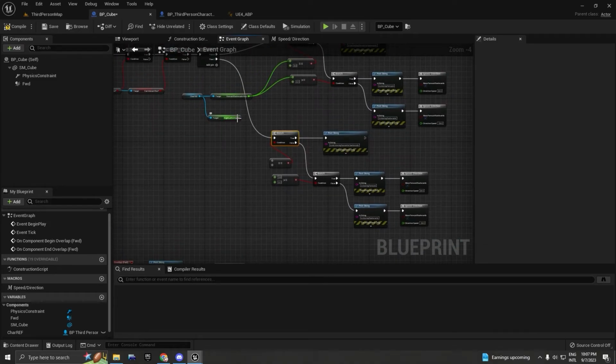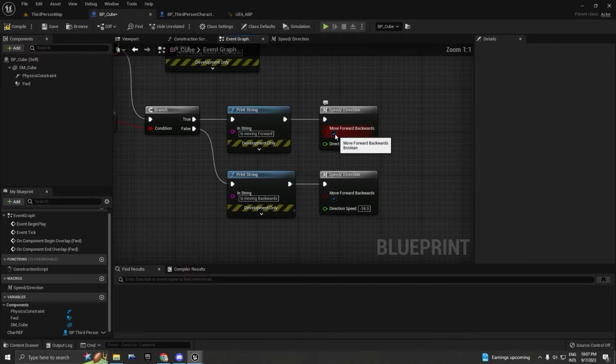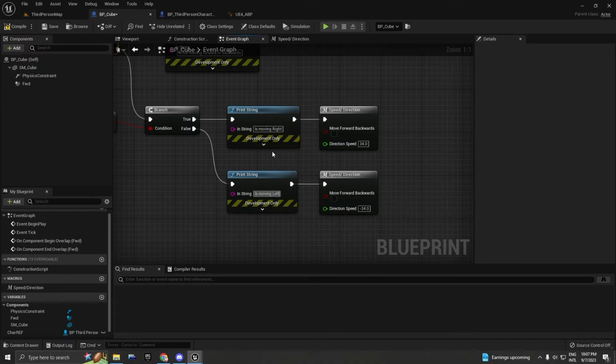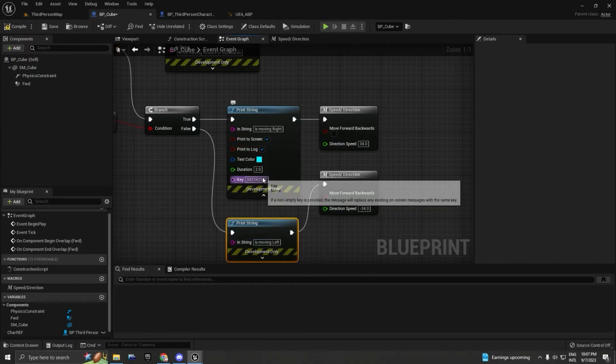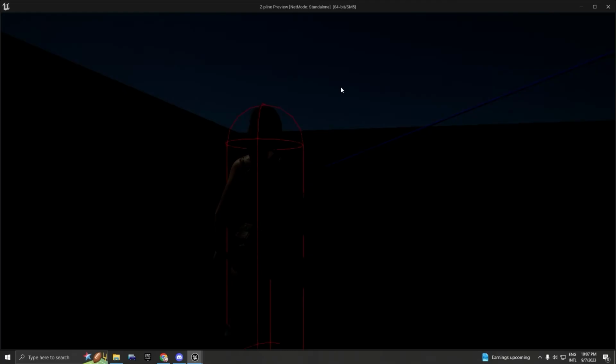So now we're going to basically drag off these values there. Here on the values, it's very important for you to take this option off because we're not going to move forward or backwards. We're going to move left and right. And I also want to change is moving forward to moving right. And the one below is going to be left, is moving left. And I also want to change the key. So all you gotta do is just take this option off here. So when you press play again,